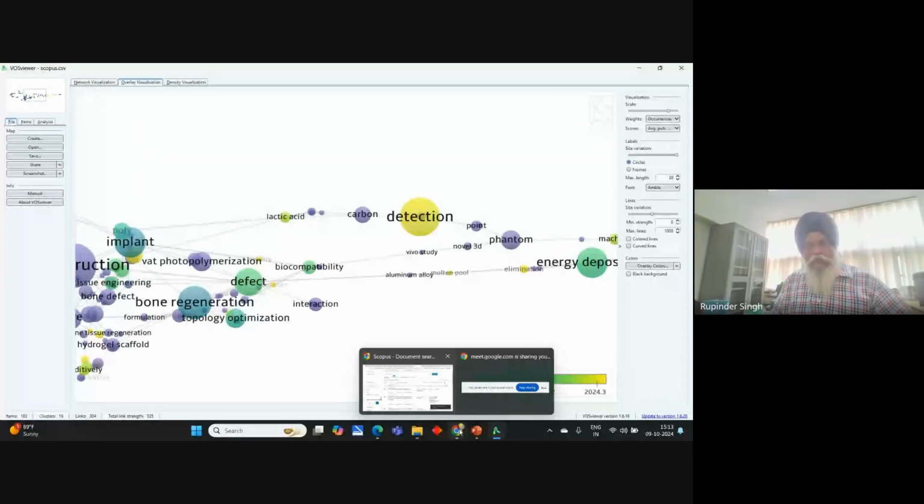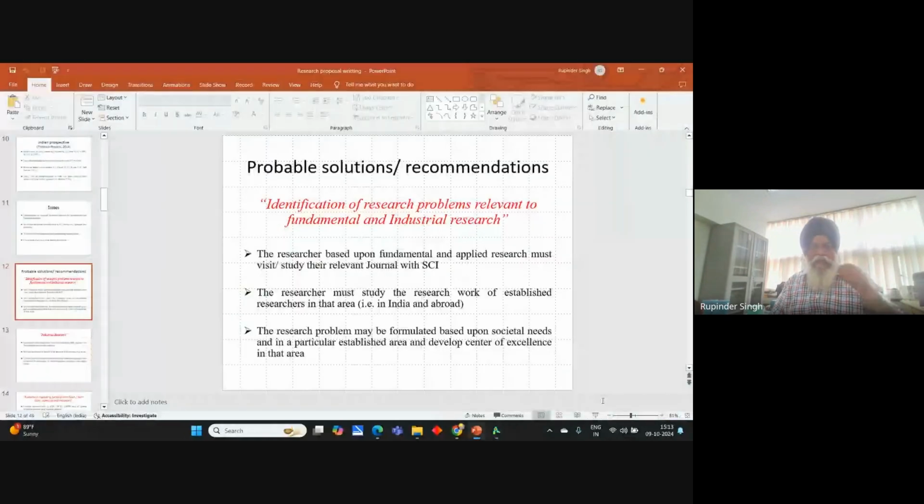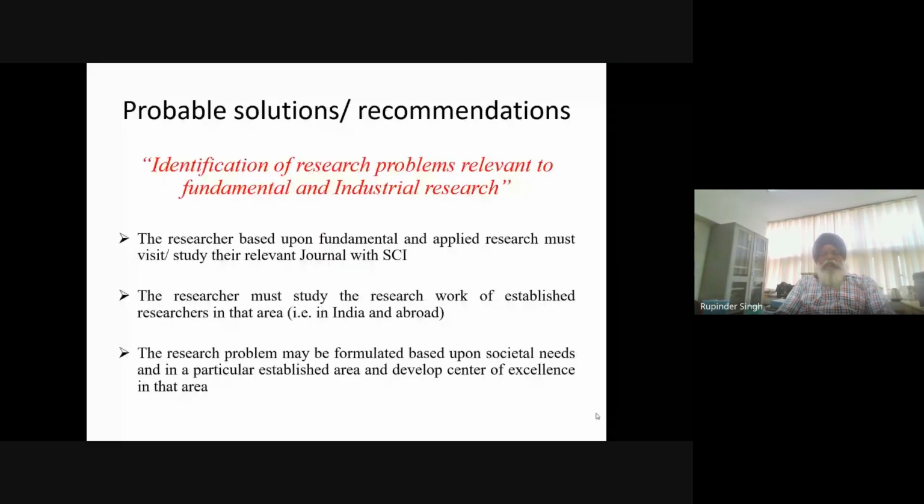Okay, great. So we were discussing the problems. As a researcher, I must understand that I have to justify to the board that this work is novel, this work has not been done earlier, and I have to give my best to convince the third party that this work has not been done. Then the next important part is, after you have pinpointed well that this work is novel and has not been done earlier,